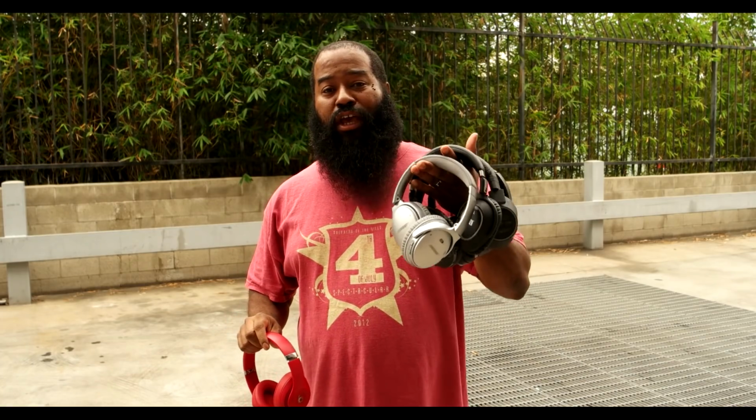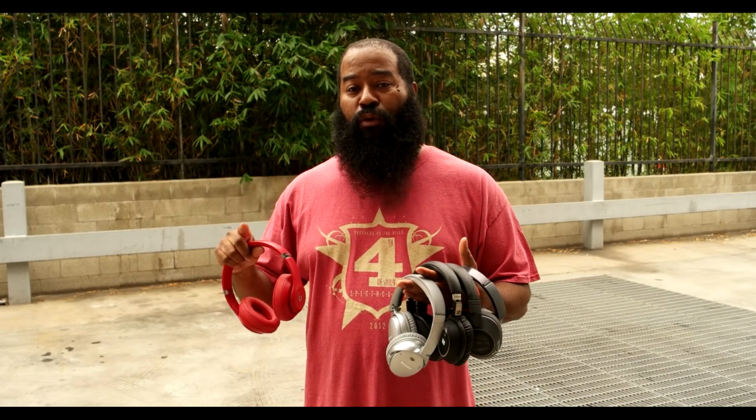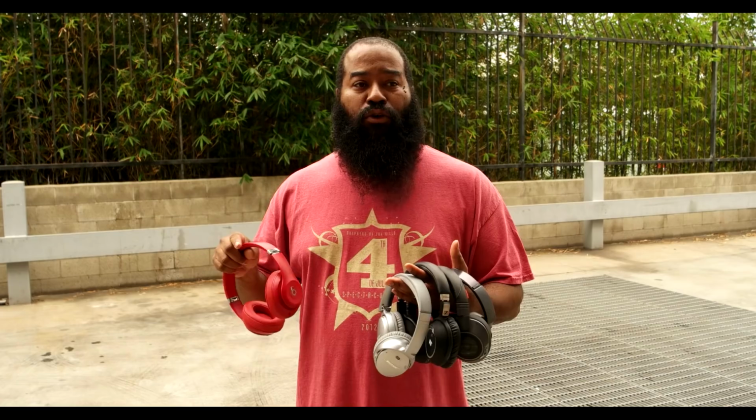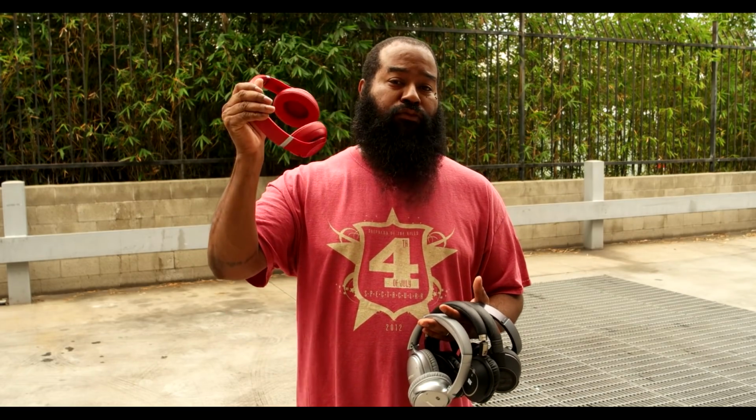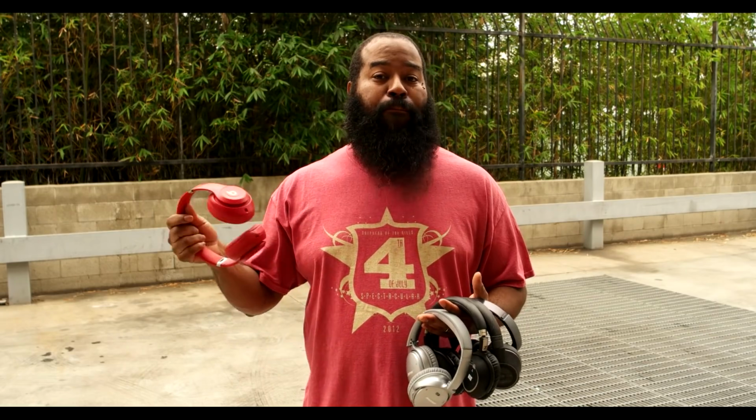So how did all the headphones do? All 4 of these headphones were not able to cancel out all the high-frequency sounds from the servers, the racks, all that. But the Beats by Dre effectively canceled out both the high and the low, something experienced by both my colleagues. So Shaka and I ran some music through the Beats and the Bose, the Beats Studio3s and the Bose